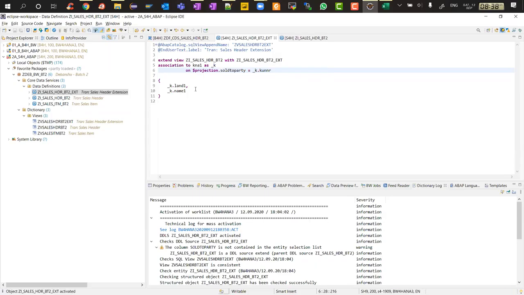And let's see if there's an error. Okay, so it activated successfully. So there are 3 ways. One is either you don't qualify it if it's coming from the main extend view, the main